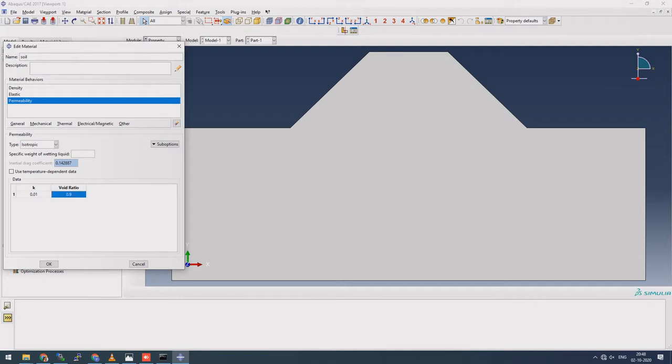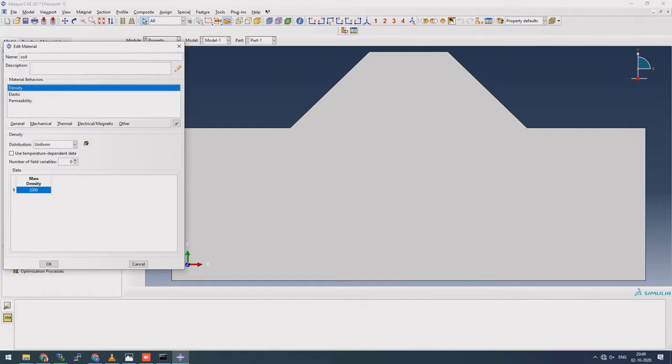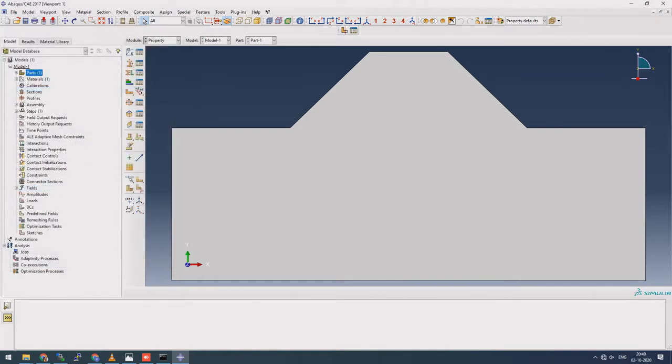So that looks fine. Specific weight of the wetting liquid, so here it is specific weight, it is not the mass. So weight is generally in Newton, so specific weight of water is around, let's say, because the density is 1000, so weight will be 10,000. So I have made 50, yeah, so 10,000 Newton will be the specific weight, and then everything is fine. I'll click OK. So we have created a soil.